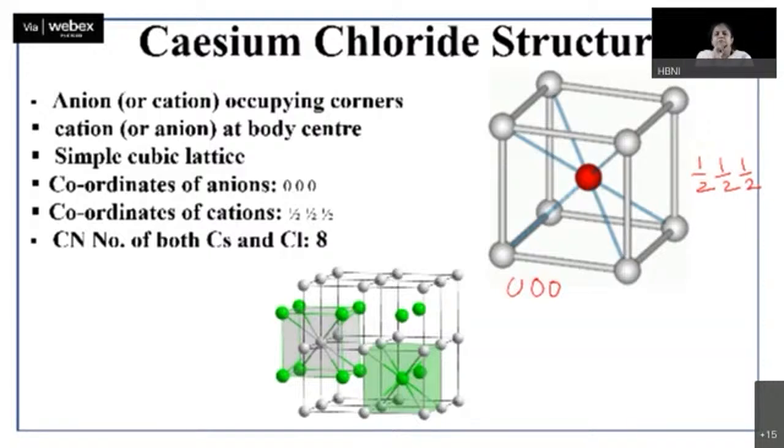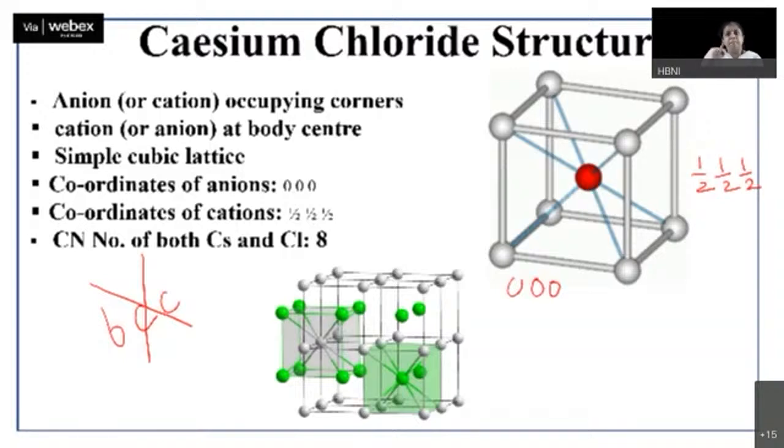Okay. Now, most of the time, whenever we ask somebody what is the lattice type of cesium chloride, invariably 99% people respond that it is BCC because it has a body center atom. Please remember this is wrong. We call a lattice as BCC only if the atom that is lying at the center is similar to the atom lying at the corner. Cesium chloride has got a primitive lattice. Okay. So now it can also be described as very interestingly,